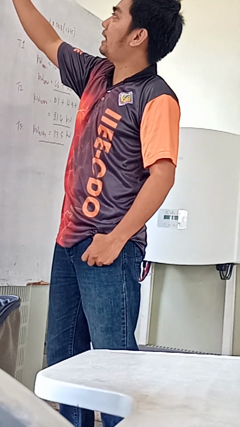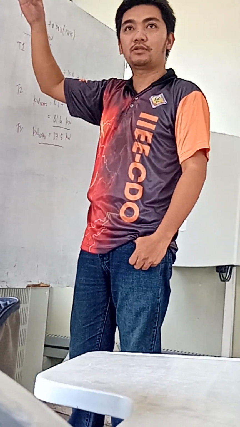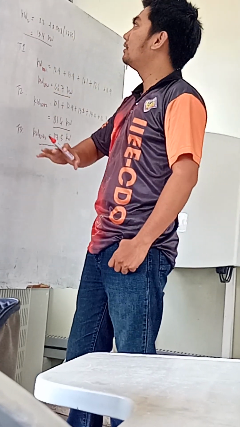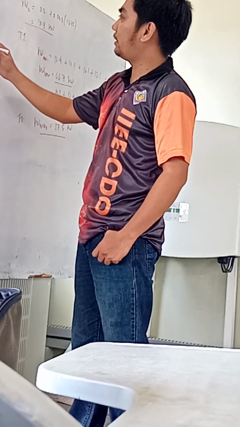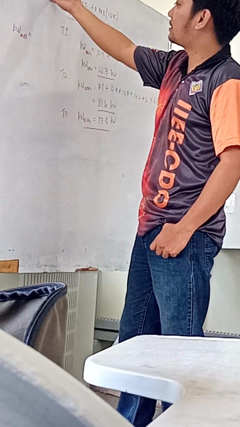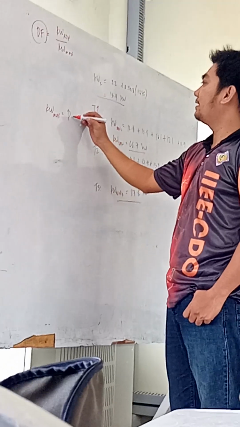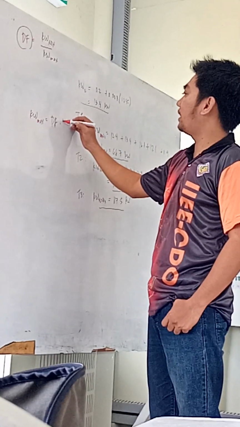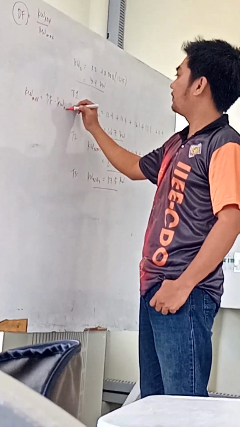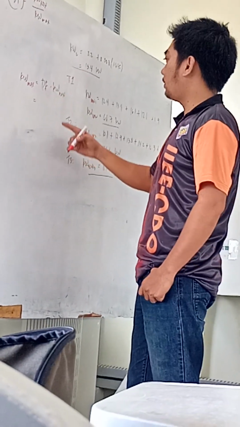Assuming we have the diversity factor information from the table, we can utilize that. Therefore, the maximum diversified demand is the diversity factor multiplied by the kilowatt non-coincident. For example, transformer 1,